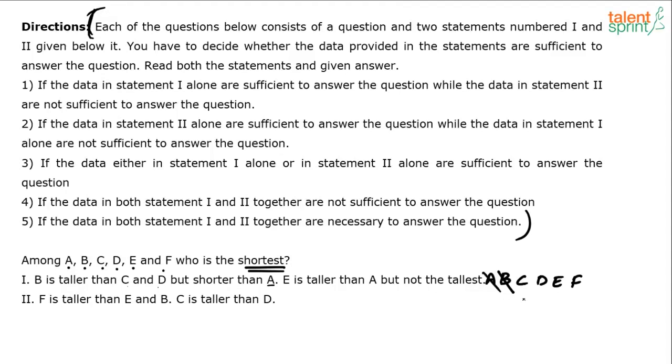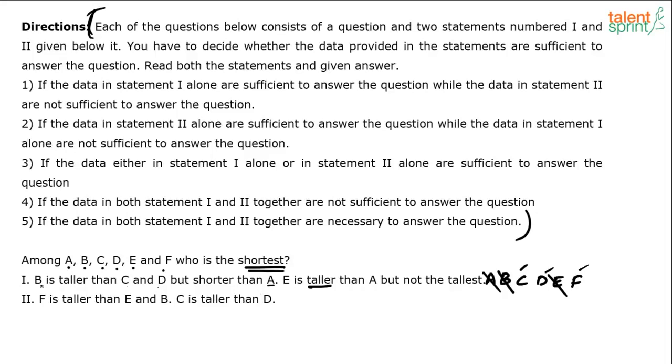If A is taller than B, can A be the shortest? No. E is taller than A. See, E is taller. Can E be the tallest? Can E be shortest? You're able to follow. E is taller. If E is taller, E cannot be shortest. Eliminated. But not the tallest. E is not the tallest. Fine. But who is the shortest? It can be C or it can be D or it can be F. All three are possible. From this data, statement 1,